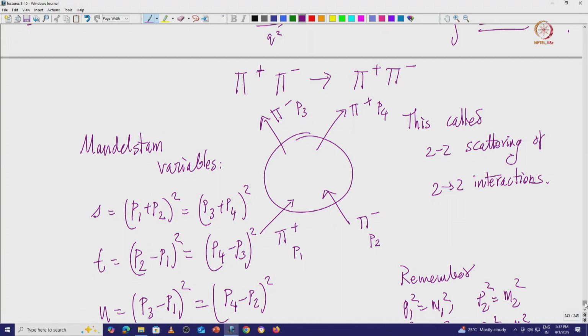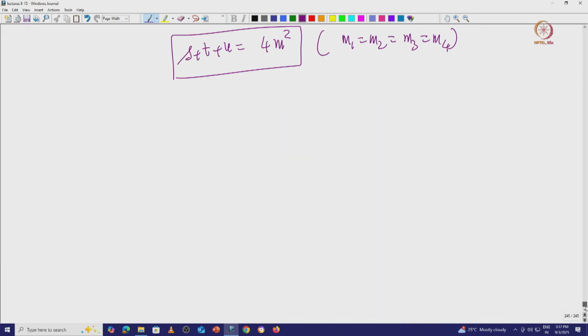In a given process, sometimes 2 of them are possible, S and T channels, or T and U, or something else. So, all of them have to be considered to calculate the amplitude of the scattering process. One of the main things in calculating the scattering amplitude